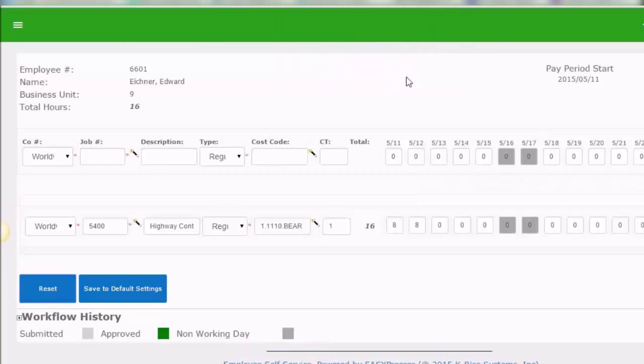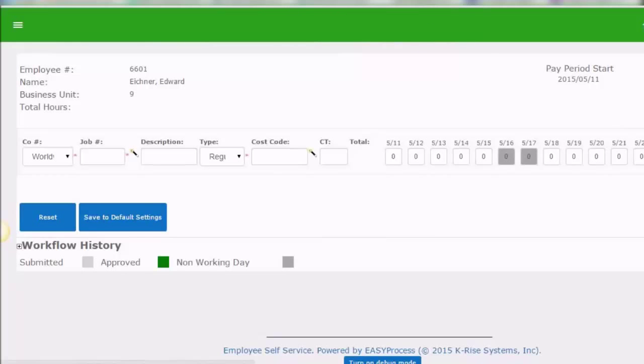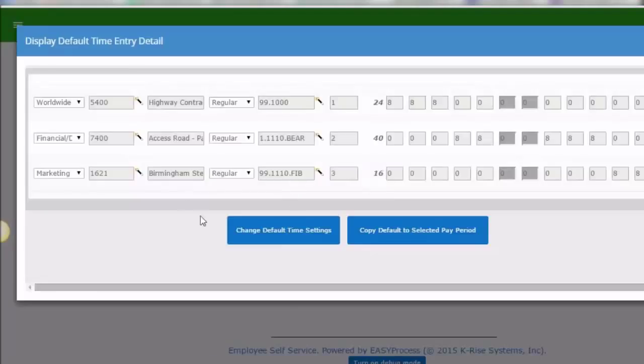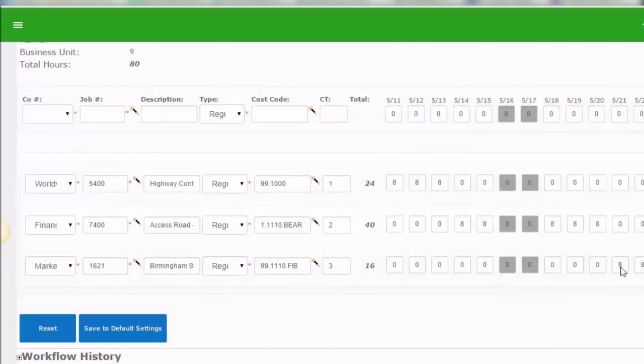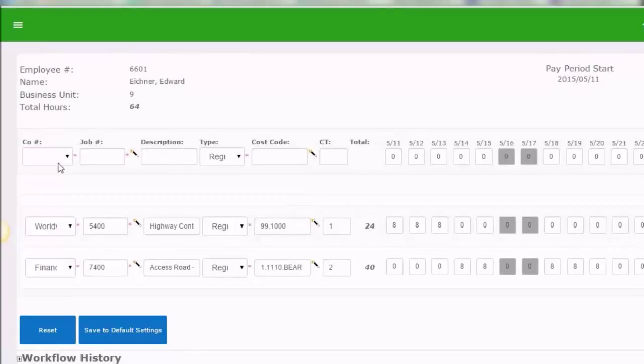Let me reset it. So at this time, I will start with the default. Say, for example, the last 2 days, you don't want to use, just say that, okay, I used 2 days, and for the last 2 days, I want to enter vacation. So here I can go and say,